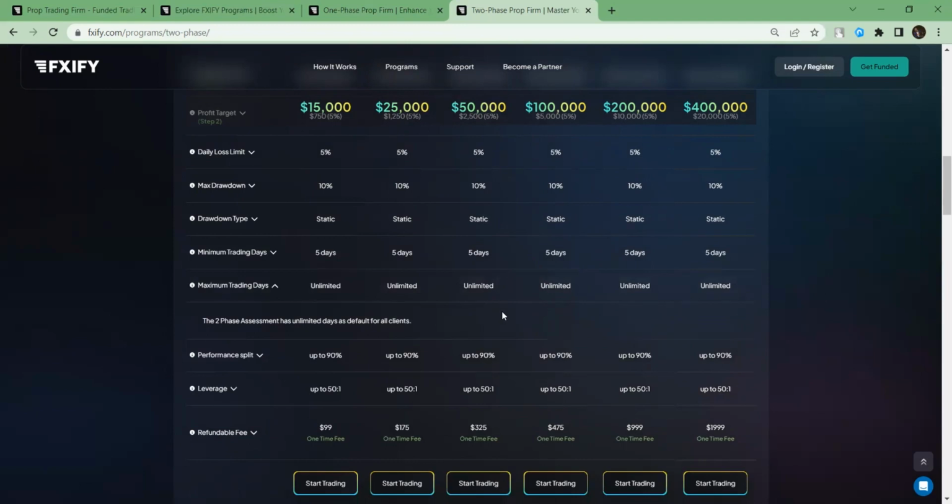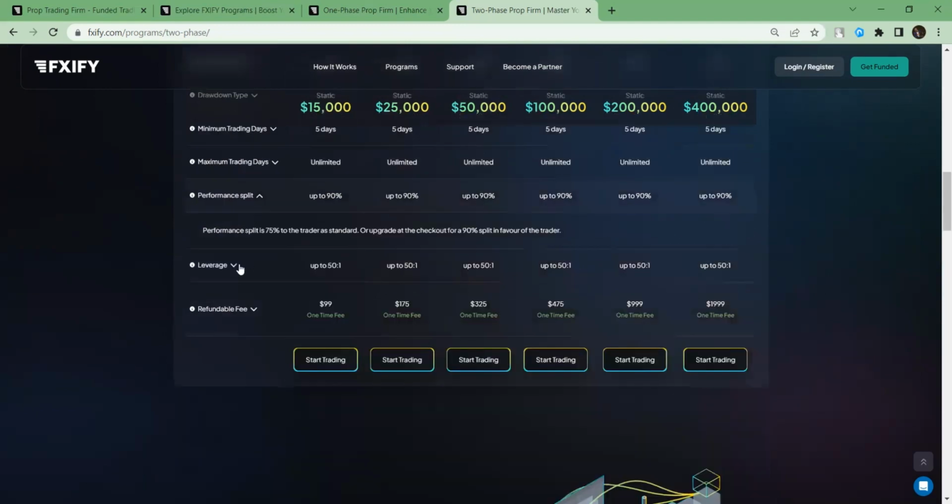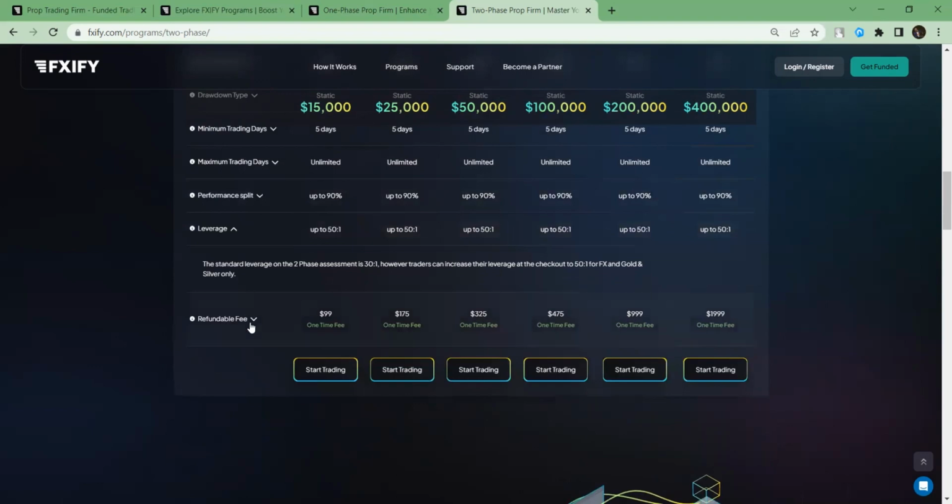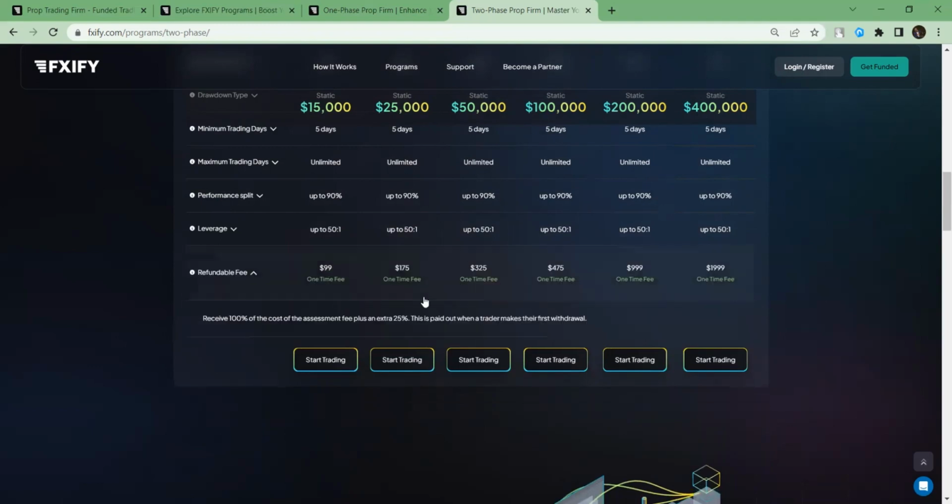Maximum trading days is unlimited. You can trade as much as you can. And profit split starts from 75% to 90% when you add on. When I say add on, it means it's going to add something. You'll see when you're signing up, it will add on something when you pay some amount. It's like you're trying to buy some good stuff, so you have to pay higher. And lastly, these are the prices, and it's 99. These prices are a one-time fee, and you even get refunded once you get your first payout, so it's better. I feel like they're just good. You get your refund and everything.